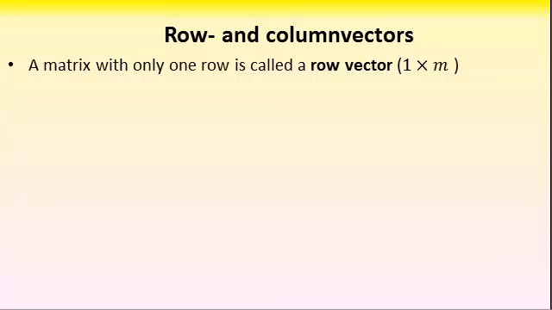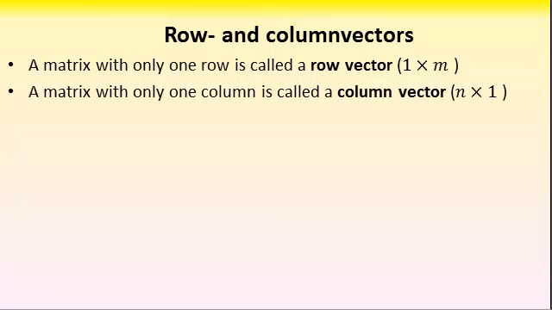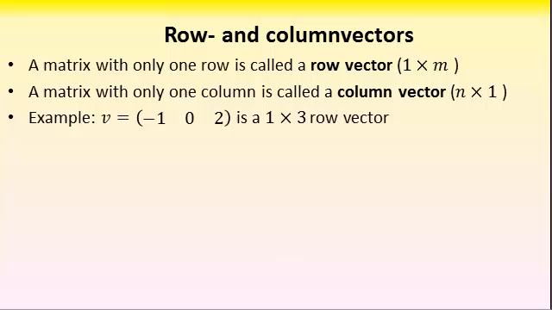We also have something which will be called column vectors, and a column vector is then simply a matrix with a single column. And that, of course, means that the second dimension index must be 1 for a matrix to be a column vector. So here's an example of a row vector. It has only one row, as we can see. It has 3 columns, and that's why it's a 1 by 3 row vector, or a 1 by 3 matrix,